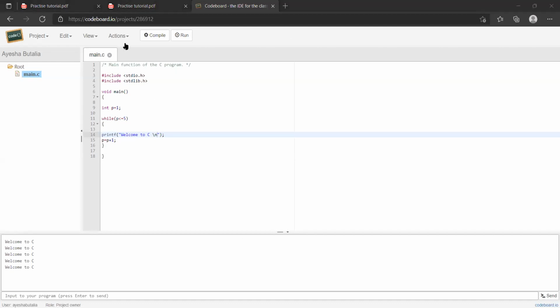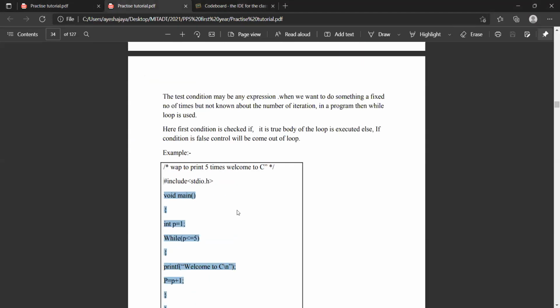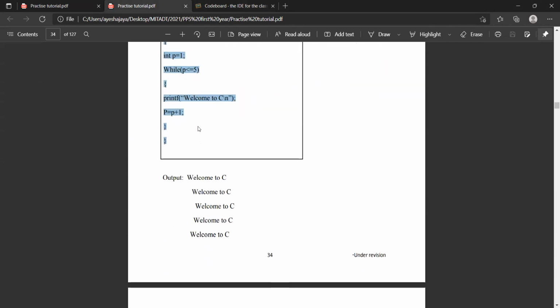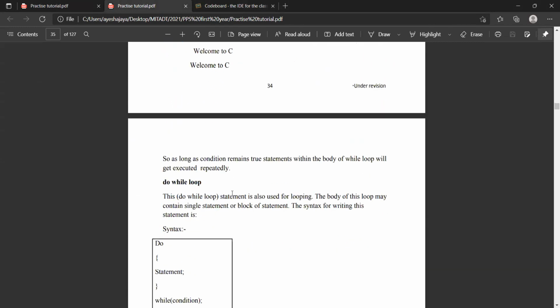Because we were under the topic loops. So this while loop, first we discussed what is the importance of loops, two categories. So if you do not know how many number of times you need to do this thing, then you need to specify the condition. So this is how you use the while loop.